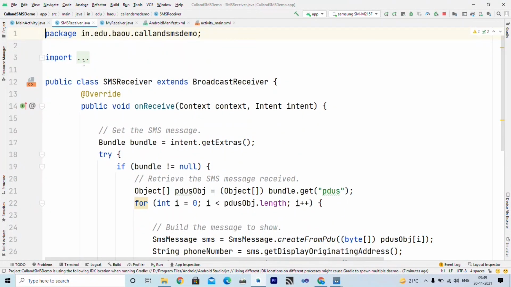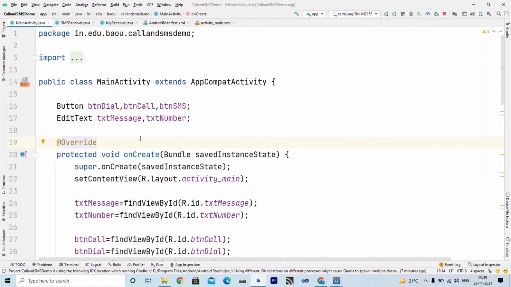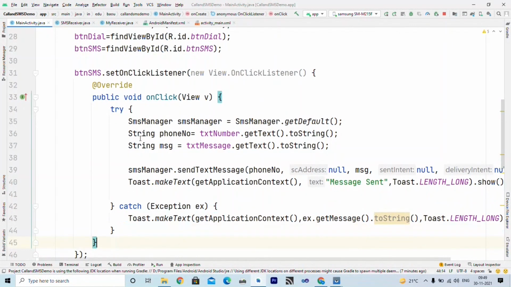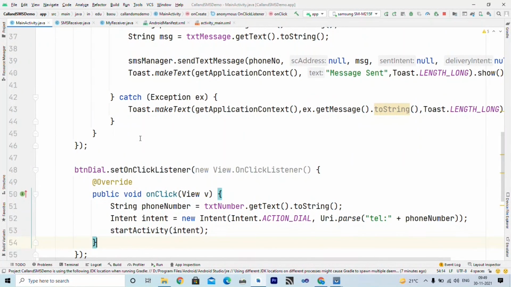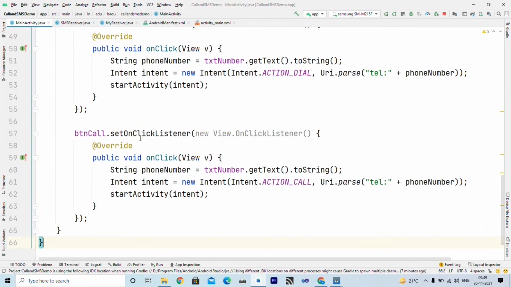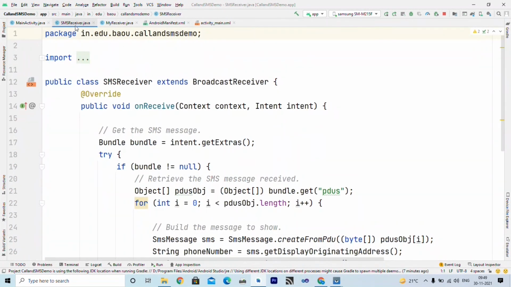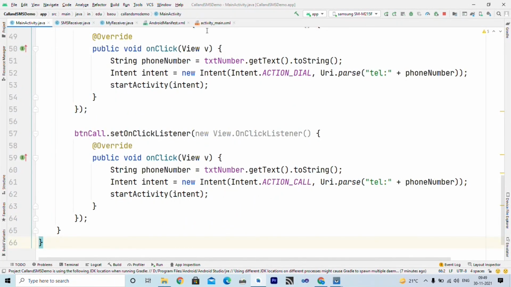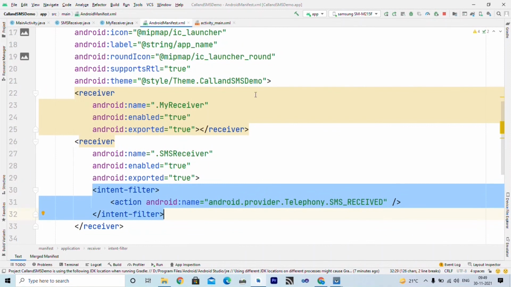In this demonstration, we have learned how to send SMS, how to dial a particular number, how to call a particular number, and how to receive SMS using broadcast receiver. For that, we need to include an intent filter inside the receiver to actually receive SMS from the system.